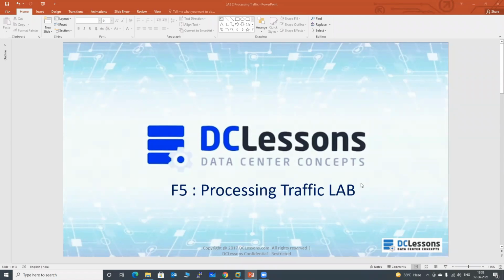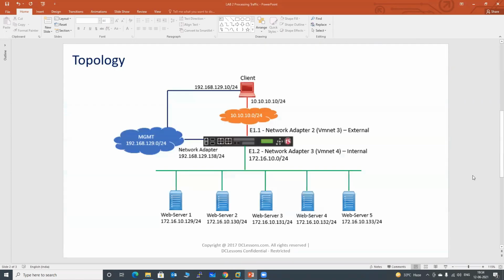Today we are going to see how the pools and virtual servers are being configured in the F5 lab. So here is the topology in which we have a F5 load balancer. The client is situated on